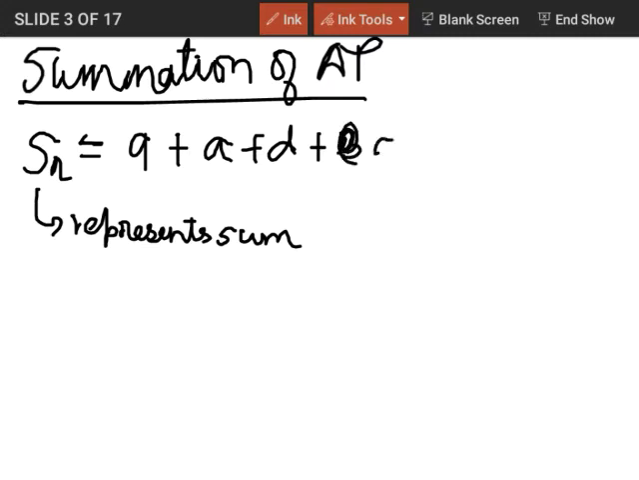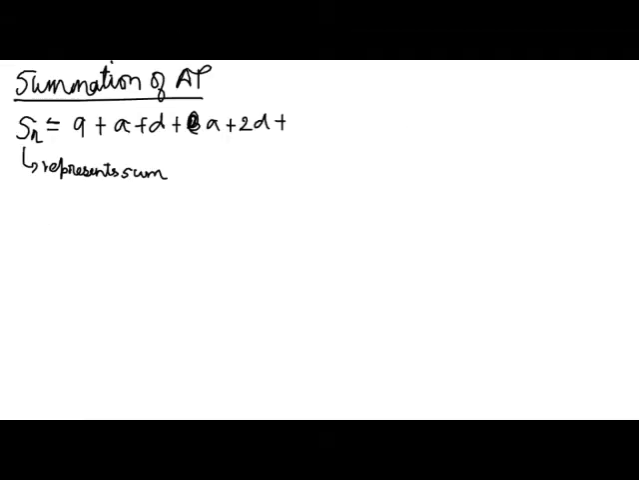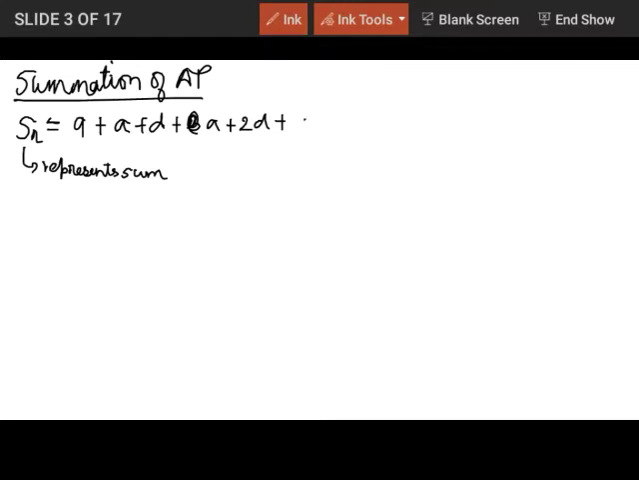This will be a plus 2d. And similarly, since Sn we have to go till n terms, can you tell me what will be the nth term? Nothing but a plus n minus 1 multiplied by d. I consider the first term is a and the common difference is d, right? Represents this